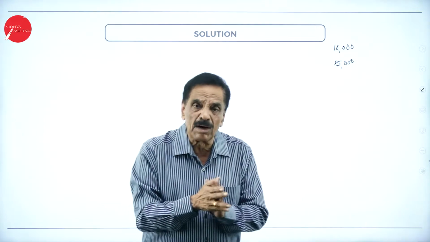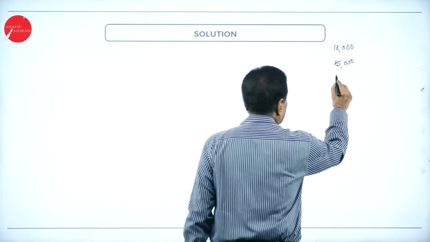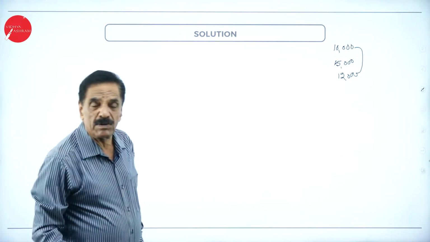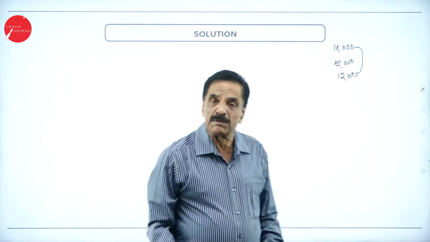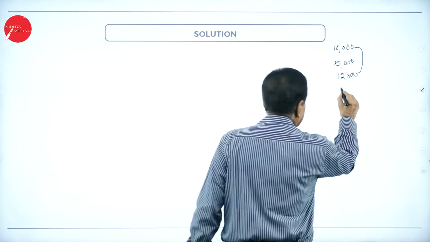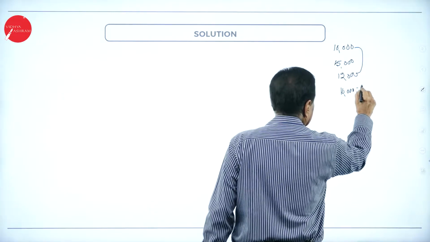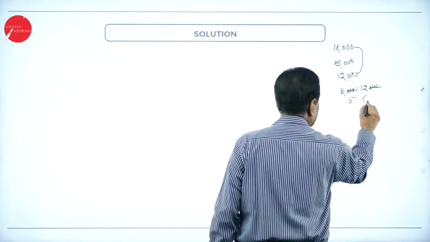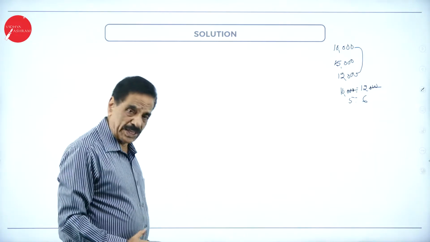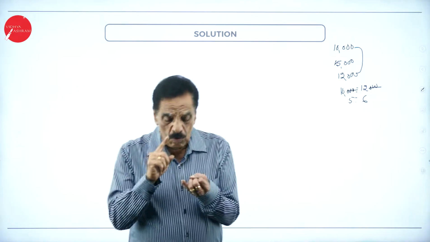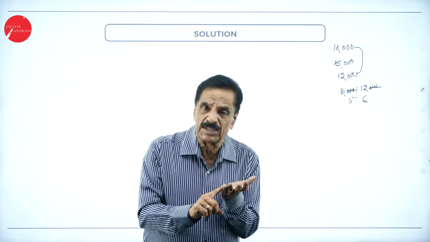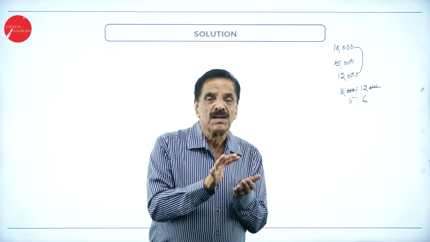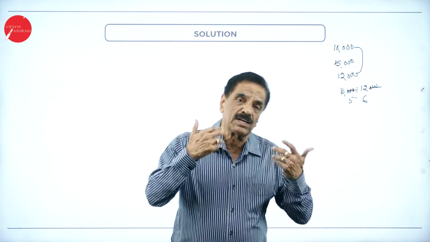Sometimes there is a word called pro rata. For 10,000 shares, they may accept 12,000 applications. That is called the pro rata method. That is 10,000 to 12,000. Cancel the 0s, 2 fives are 10, 2 sixes are 12, so the ratio is 5:6. This is called the pro rata method. So how are you going to collect? First on application, then on allotment, then on the first call, then on the final call. If they are not in a position to pay the money, their shares will be forfeited.